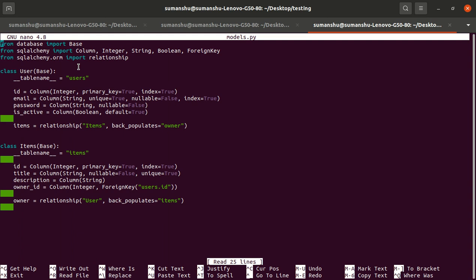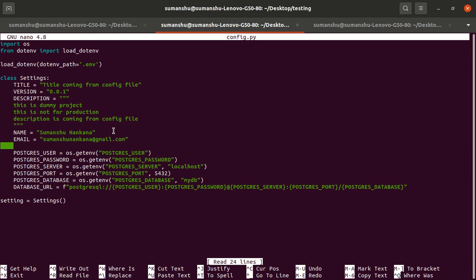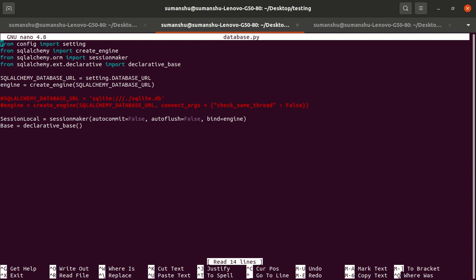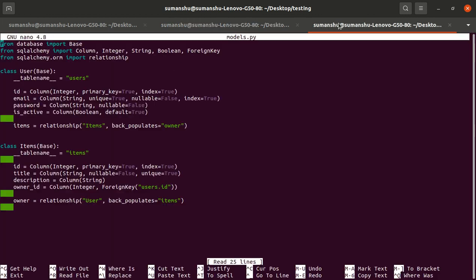In SQLAlchemy, we define the tables in the form of classes. We defined two tables, one is the user table and one is the item table. We defined all the fields that are required, and we set up the relationship between the user table and the item table. And this user table should be inherited from the base class, and this base class we mention here. Let me show you, from the declarative base we have defined this base class. So this is basically a class.